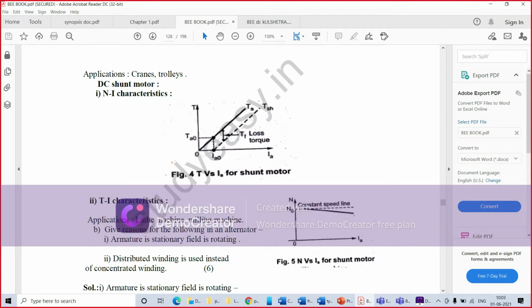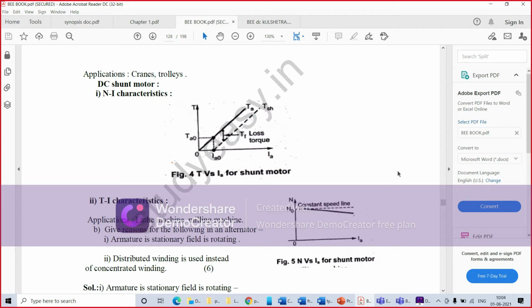Secondly, your torque-armature current characteristic. Here torque is proportional to the flux and armature current, neglecting armature reaction. Your flux is constant, so torque is proportional to the armature current. Your torque-current characteristic is a straight line passing through the origin. From the curve, we can see that a huge current is needed to start heavy loads, so this type of motor does not start on heavy loads. Okay. So you can see here your torque-current characteristic and your speed-armature current characteristic. These are for the shunt DC motor and they will remain the same for the separately excited motor.